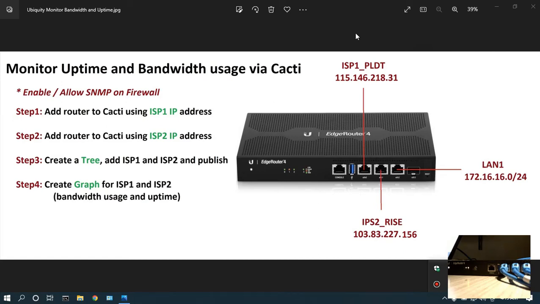Dan here again. And in this video, we are now diving into monitoring the uptime and the bandwidth usage of our ISP1, ISP2, and LAN1 via Cacti. Cacti is a web monitoring tool, and we're going to use SNMP for this. Basically, we're going to enable or allow SNMP on the firewall of this edge router, and then we'll go to